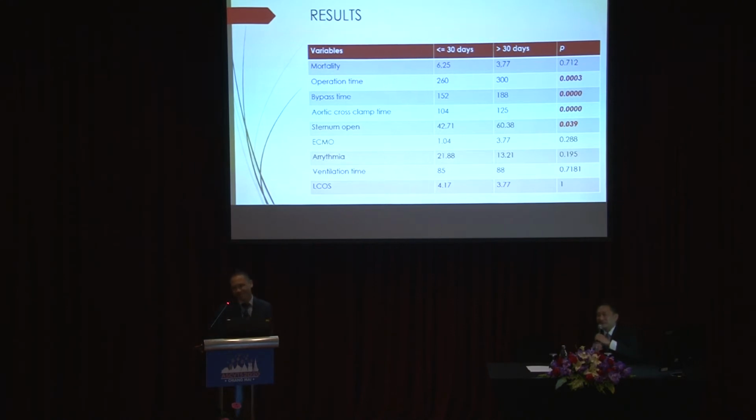Okay, Professor Tawa, please. I have a couple of questions and comments. I did not understand, in patients more than 30 days of age, what was your criteria for performing an arterial switch operation? You have done it in a number of patients, but how did you exclude patients towards the other path? Did you prepare the ventricles? What factors were you looking for before performing an arterial switch operation?